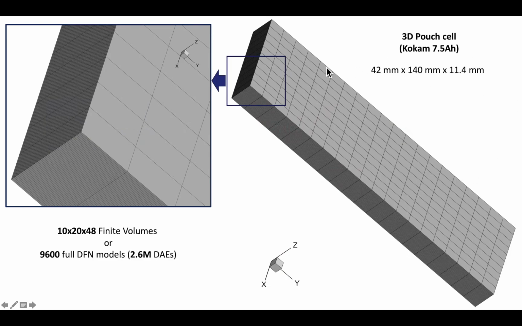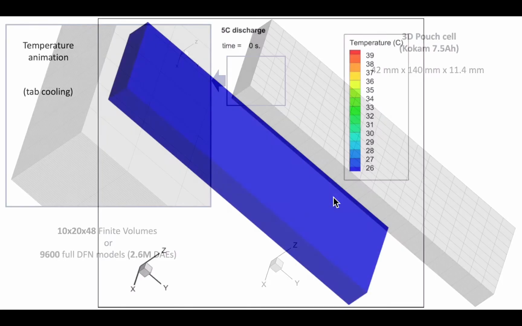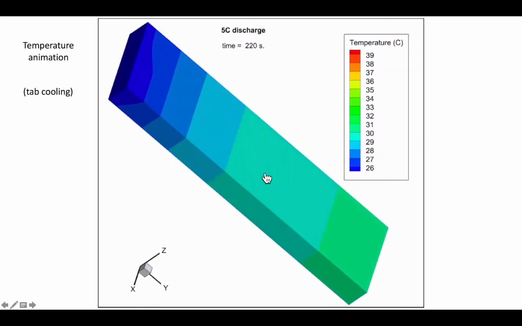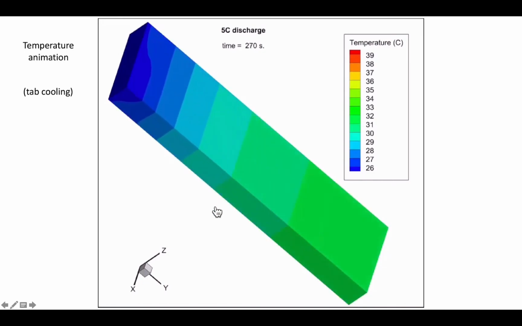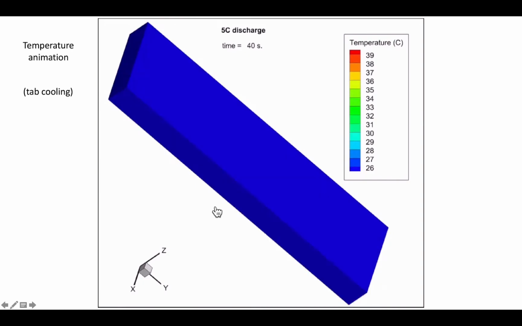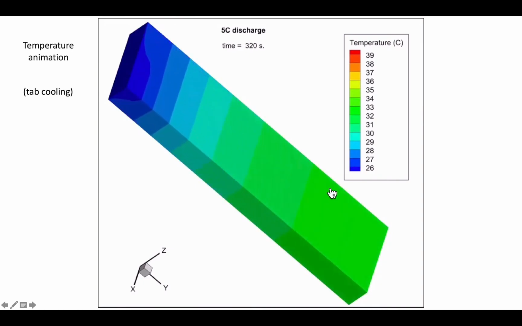This is a Cook compound cell. We have a 48 stack of anode, cathode, separator, and cathode. We are solving a 9600 DFN model, and here we compute each heating term individually at each finite volume of the pouch cell. Let me show you in this example. Here we can see what kind of process heats up the battery, where heating occurs, what the consequences are, and what the distribution of temperature and current across the battery is, and how they change during the discharge.